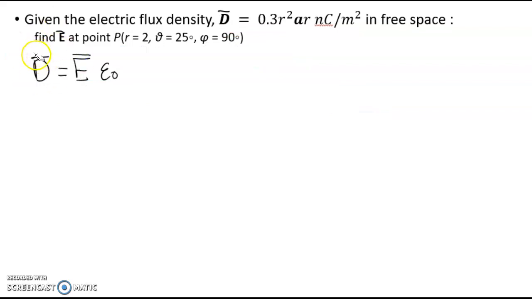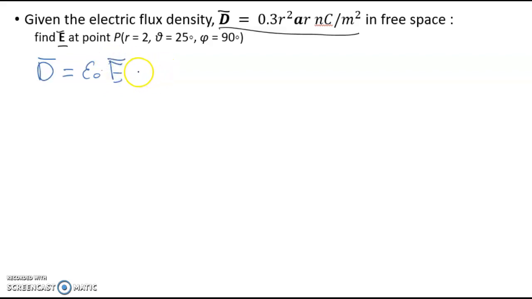Well, we know the flux density given by the problem, and we know there must be a relationship between the flux density and the electric field intensity. That relationship is given by the expression: flux density equals the permittivity of vacuum, in this case, times the electric field intensity. If we want to obtain the electric field intensity, we solve for E. E equals the flux density over the permittivity of vacuum. That's going to be equal to